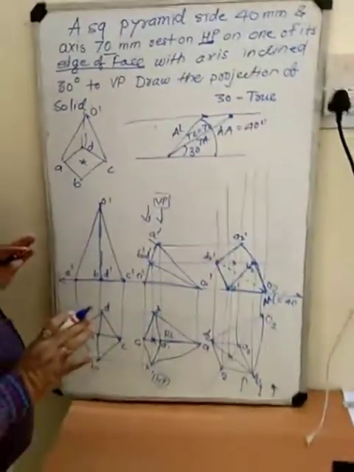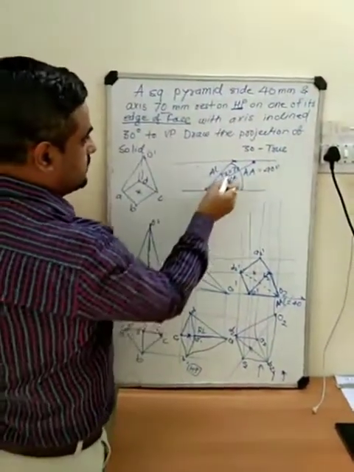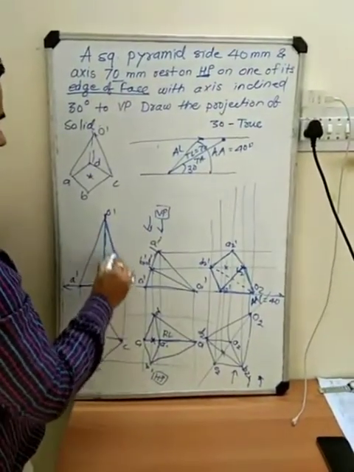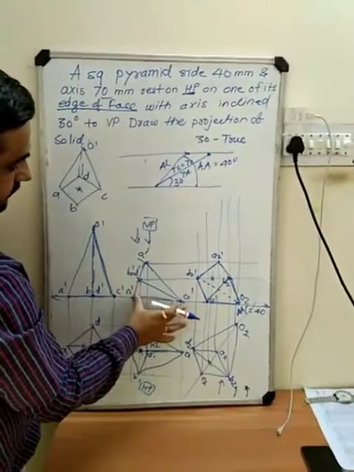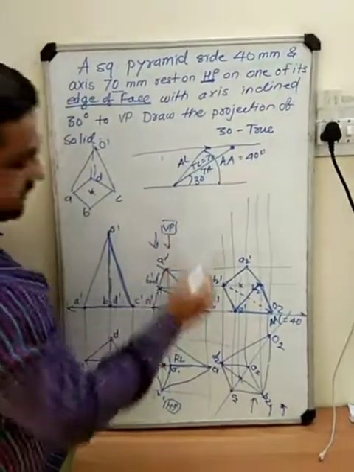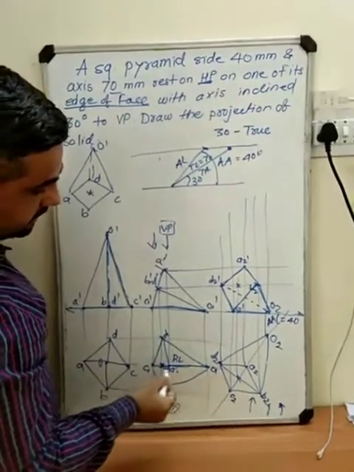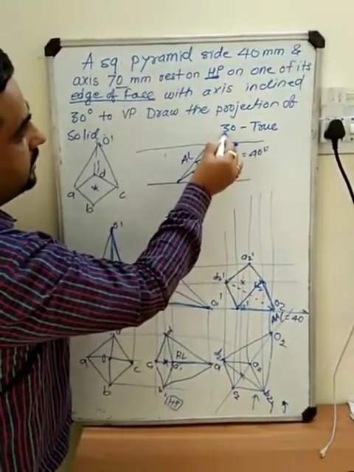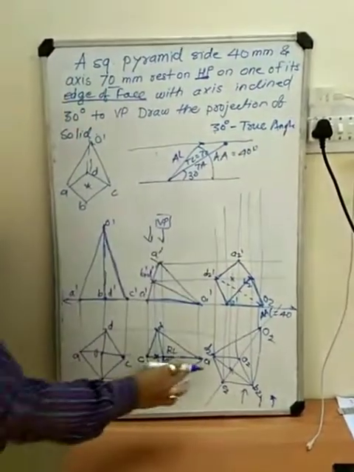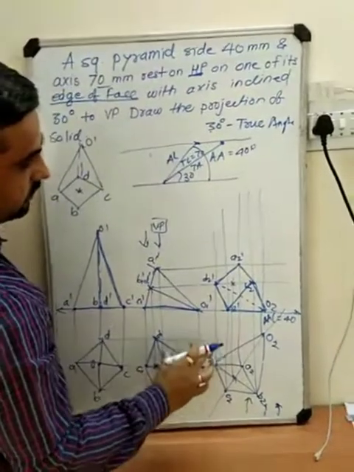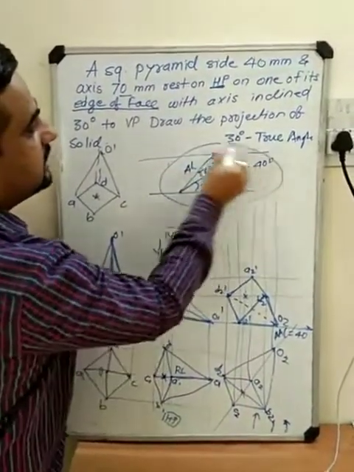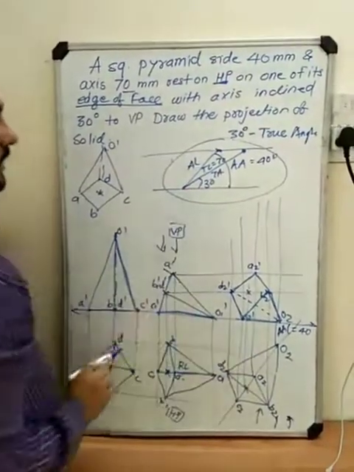Here is what you have to understand. First of all, this is resting on edge of face, so the edge of face should be right. So while tilting the solid, it should stay on HP. And the next thing is that here it is an apparent length. You cannot take this true angle, 30 degree true angle, with this length. So this is the apparent length, and for the apparent length you have to find the apparent angle. You have to show this. That is important.